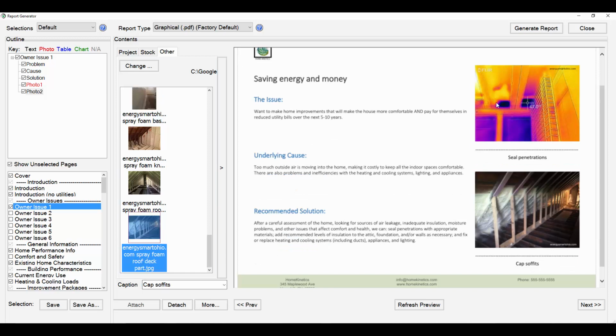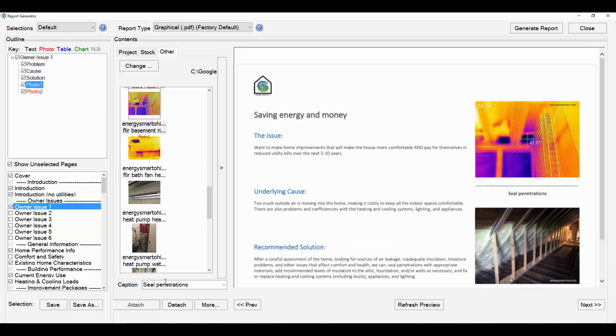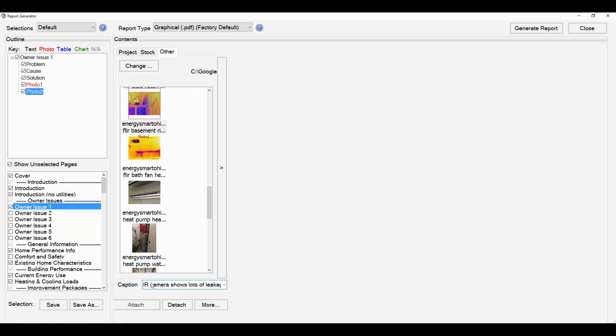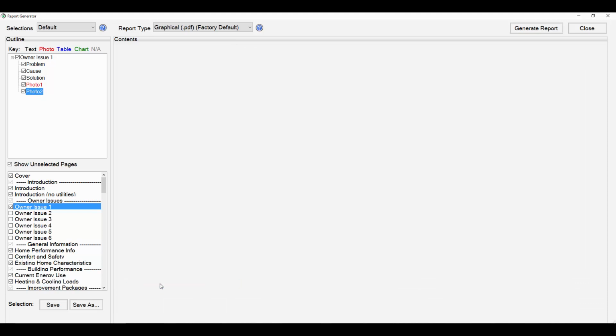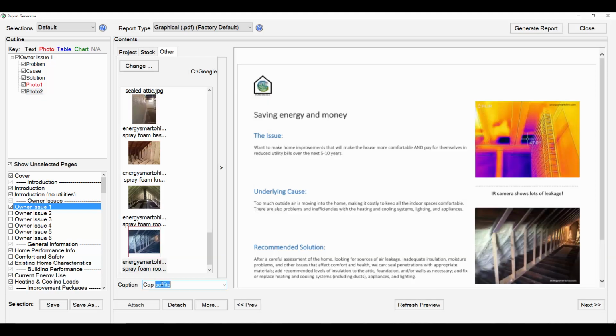Now, my default captions don't quite line up here. So when I click on that photo one, where down here below I have my caption spot, it says seal penetration. So I'm going to go IR camera shows lots of leakage. Okay, and then I'm going to click on my photo 2 slot, and I'm going to say